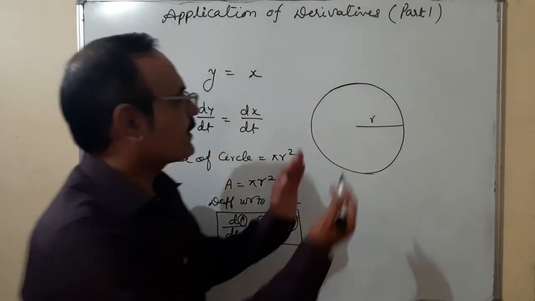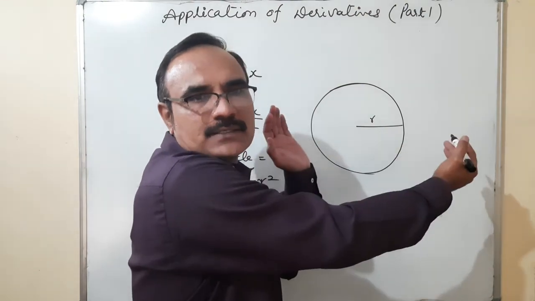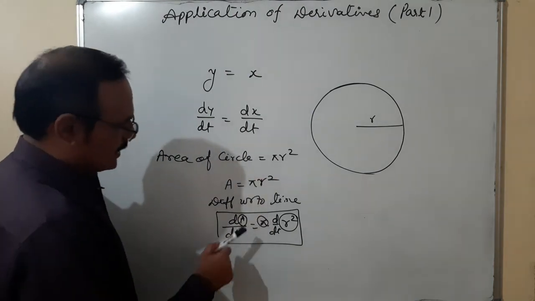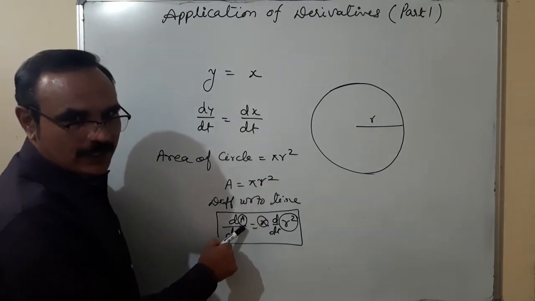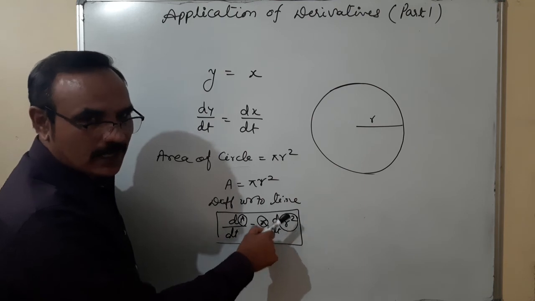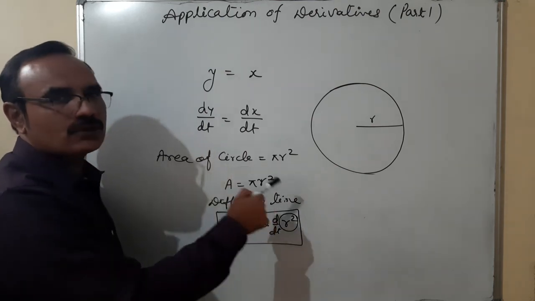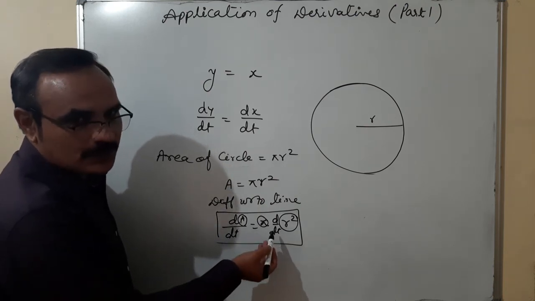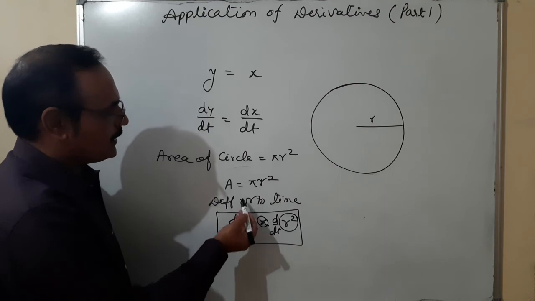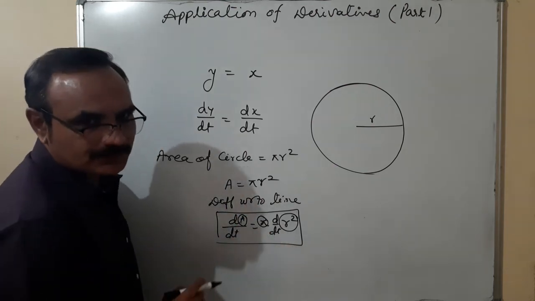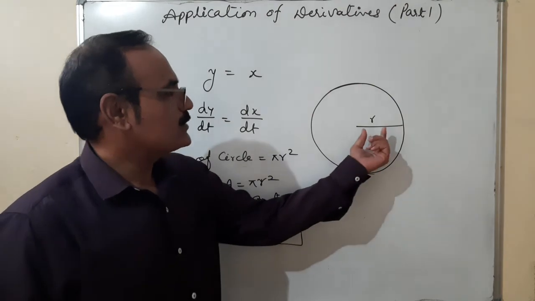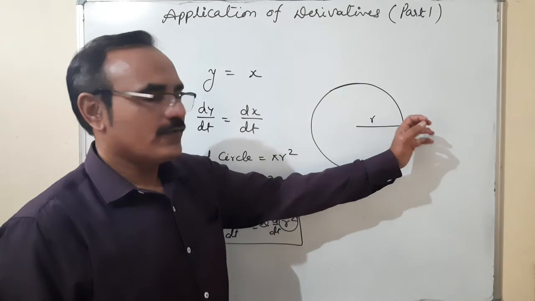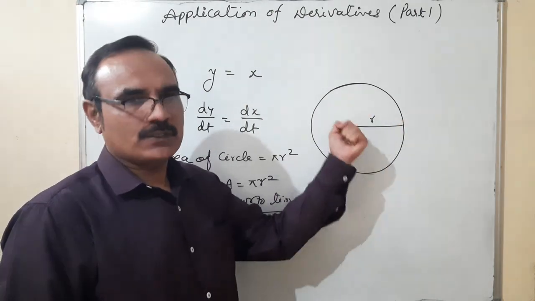You can also see that as we increase the radius, the area will increase. As we decrease the radius, the area will decrease. So what does it mean? The variable terms are A and r: the rate of change of area depends on the rate of change of radius, or the rate of change of radius depends on the rate of change of area. The constant term has no use, but because the relation is A is equal to pi r square, we have to use the term. So when we increase the radius, the area increases at a rate. When the radius decreases, the area also decreases.